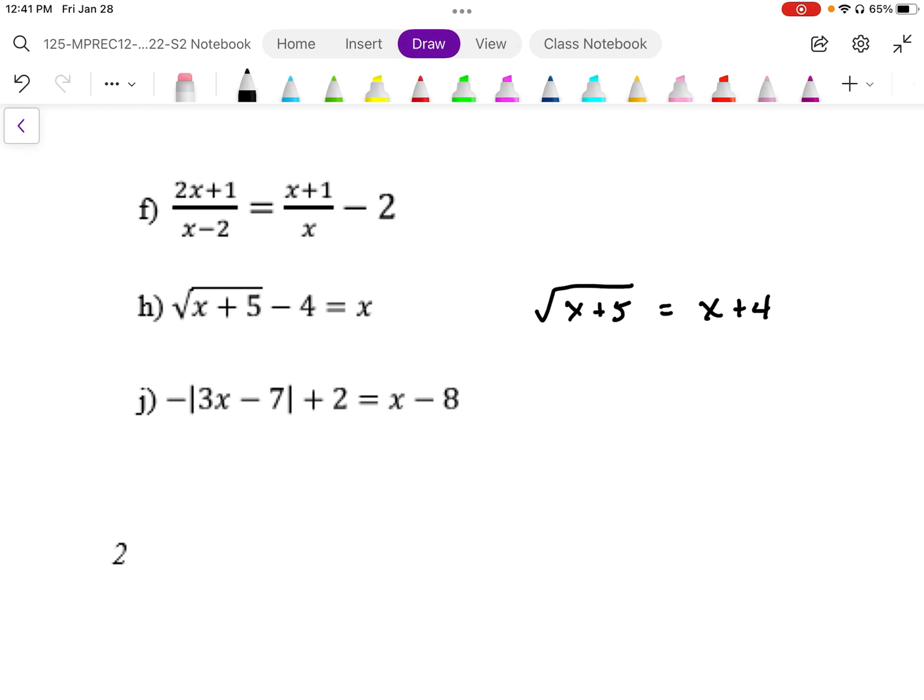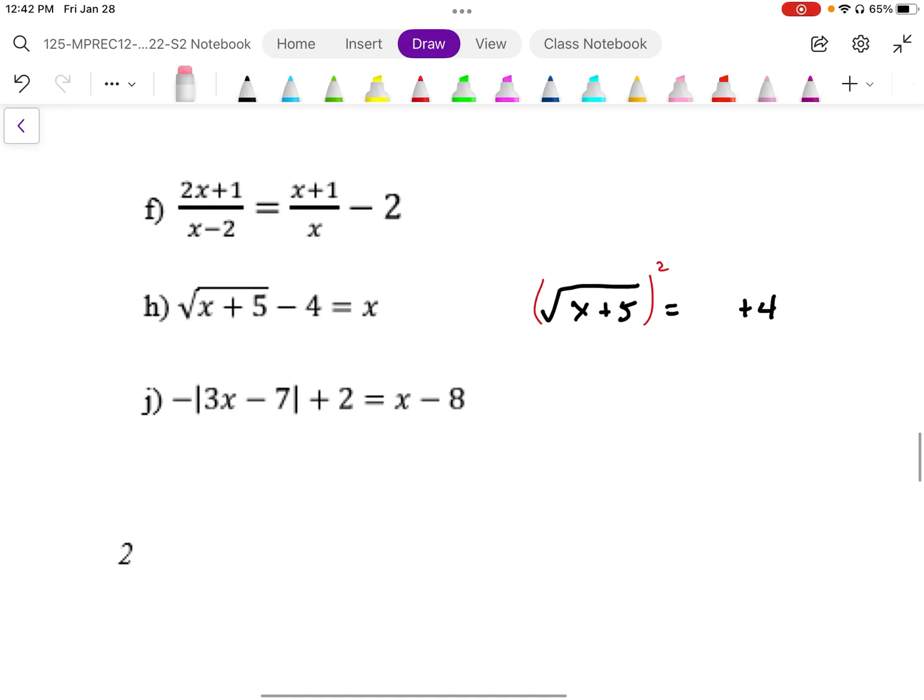Now this is very important that we add the 4 to both sides, because if we don't have the square root by itself, when we square, there's going to be a plus in there, or minus in this case. So if I had it squared here, that minus affects my squaring. We cannot square when there's minuses. So that's why we have to move it over to this side, and then once we square it,